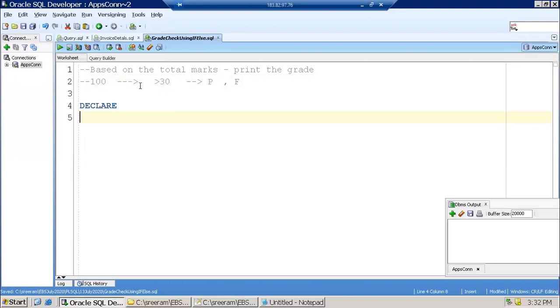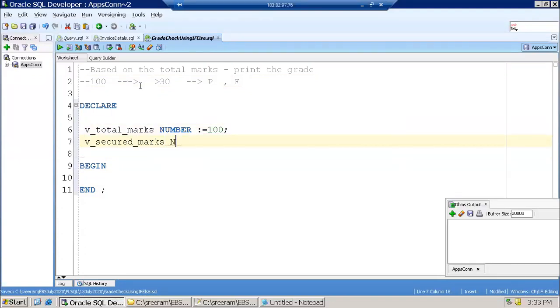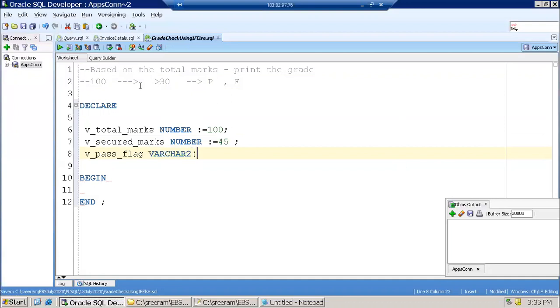So now what we require is declare, begin and end. The first thing is v_total_marks, which in our case will be 100, and secured marks, let us say we want to consider it 45 now, and pass flag varchar2(1), single digit.